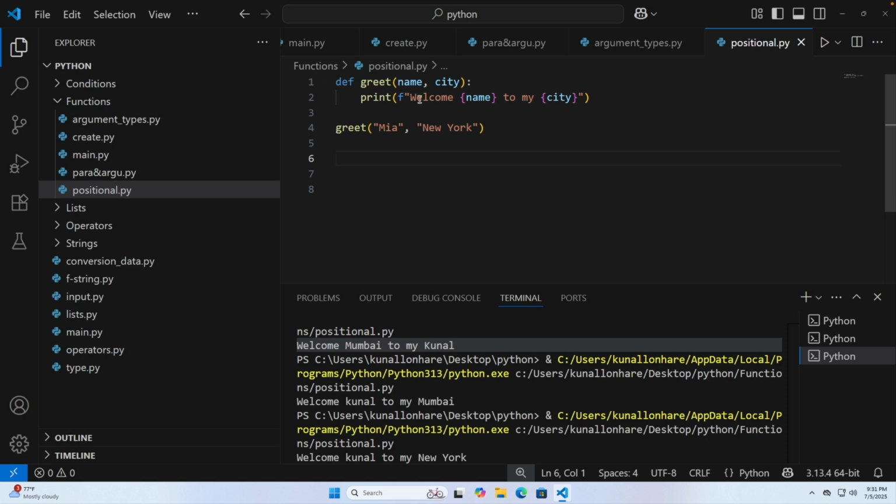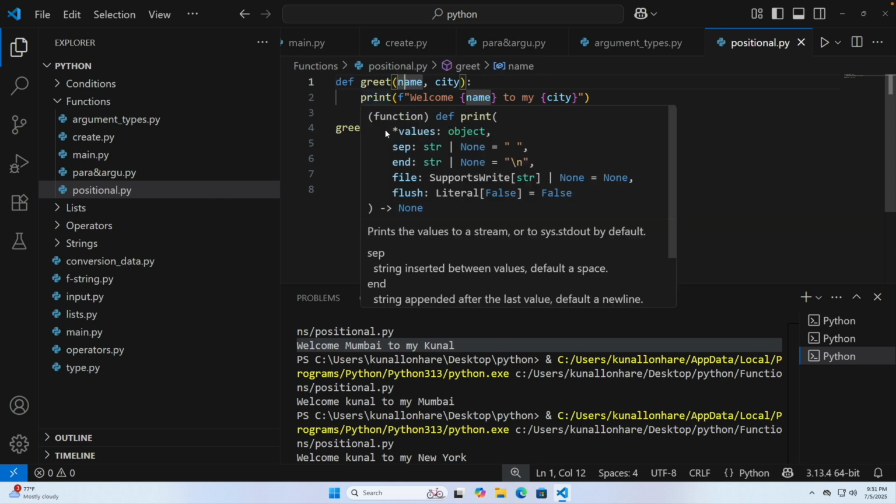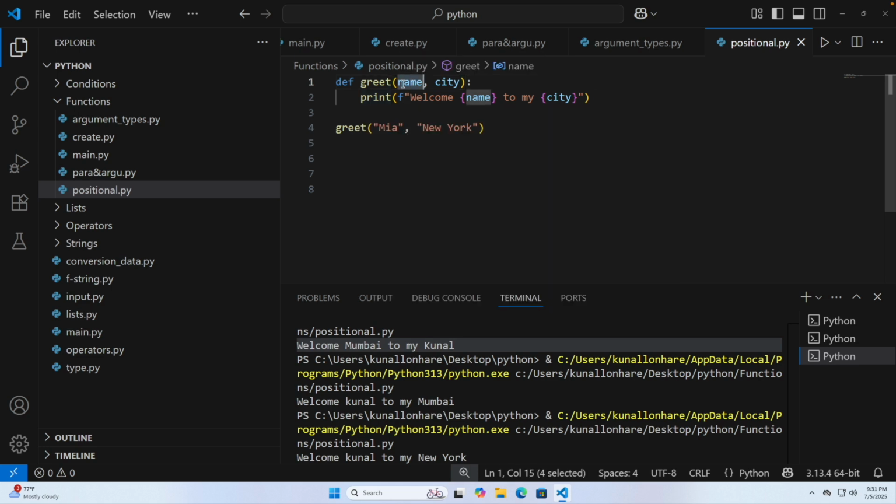So keep in mind the position: if the name parameter is first, then whatever argument is related to that parameter, you need to pass it first. So let's say we have a first parameter, for example a name parameter, you need to pass the argument of the name parameter at the very first, and this is how it is going to work, okay, because